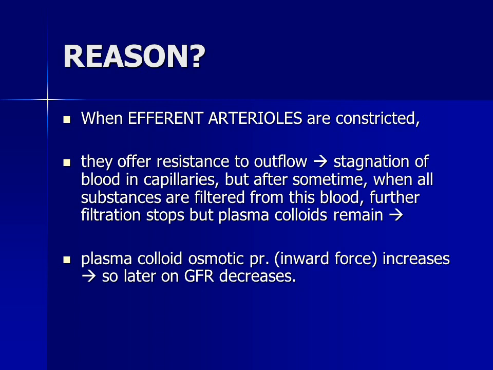But as some time passes, all of the plasma that is present in the glomerular capillaries will be filtered across, and only the plasma proteins will be left behind, which will increase the glomerular osmotic pressure, and this eventually will lead to a decrease in the